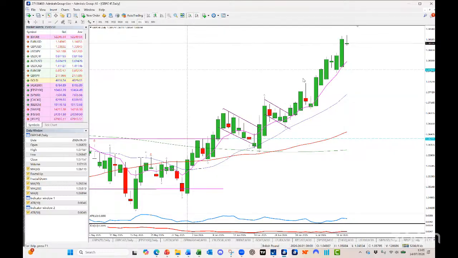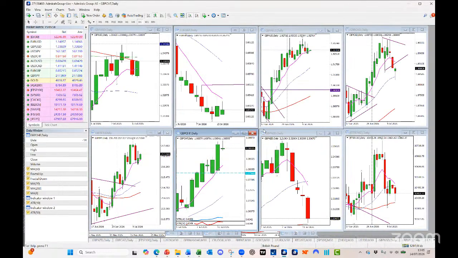All right, and it's just continued to move higher, and that is some sterling strength, but a lot of Swiss weakness as well. Pound against Kiwi, well, we just looked at that, didn't we? And you can see that Kiwi dollar strengthening there. You can see it's working its way up there.